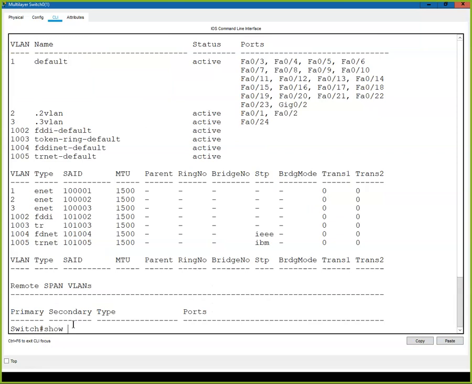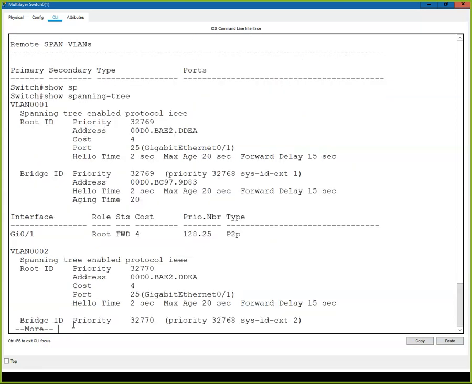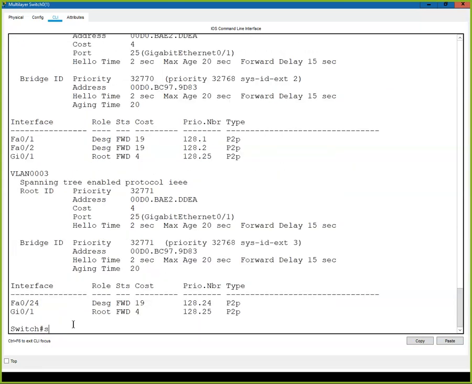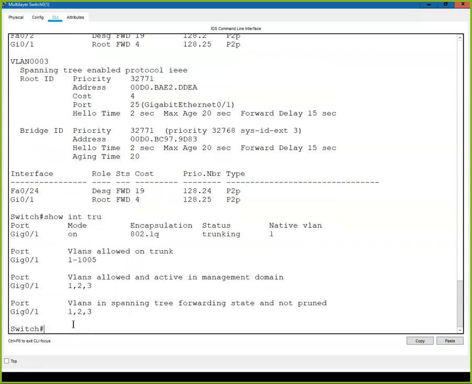The reason we have to have that is, show spanning tree, show interface trunk. I'll get to what I want to see here in a second. The reason we have to have that is the VLANs in the spanning tree, forwarding and not pruning,